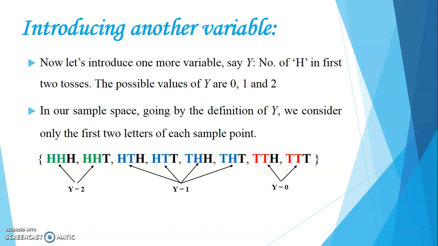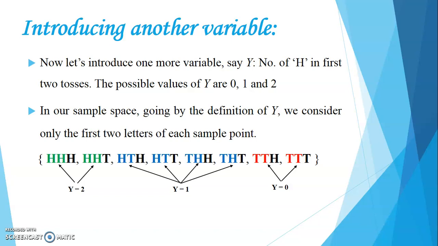Okay, so you are going to consider y for only the first two coins. We are going to leave the third coin. So the possible values of y now will be 0, 1 and 2. 0 will happen when both the coins that are tossed do not give you a single head. Y equal to 2 will be observed when both the coins give you heads.